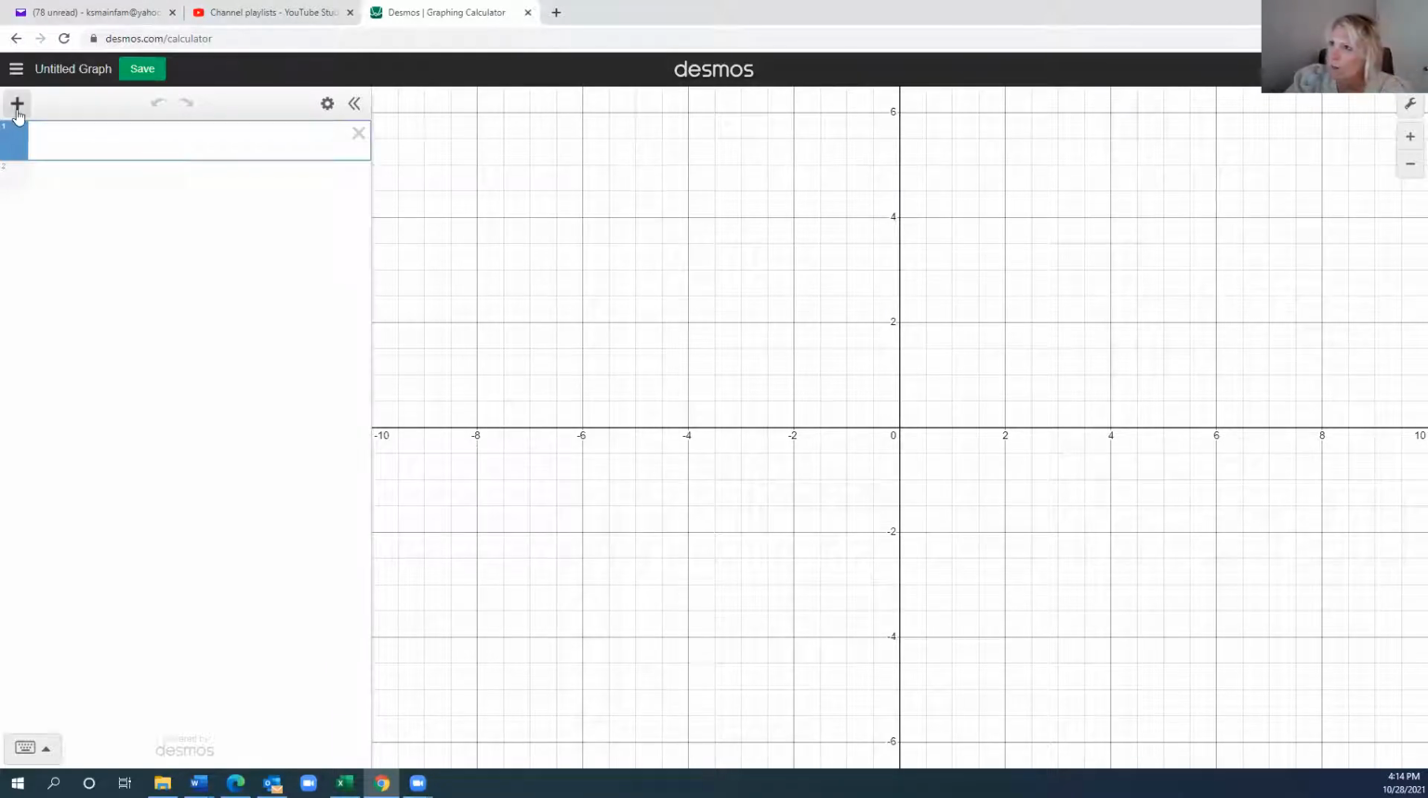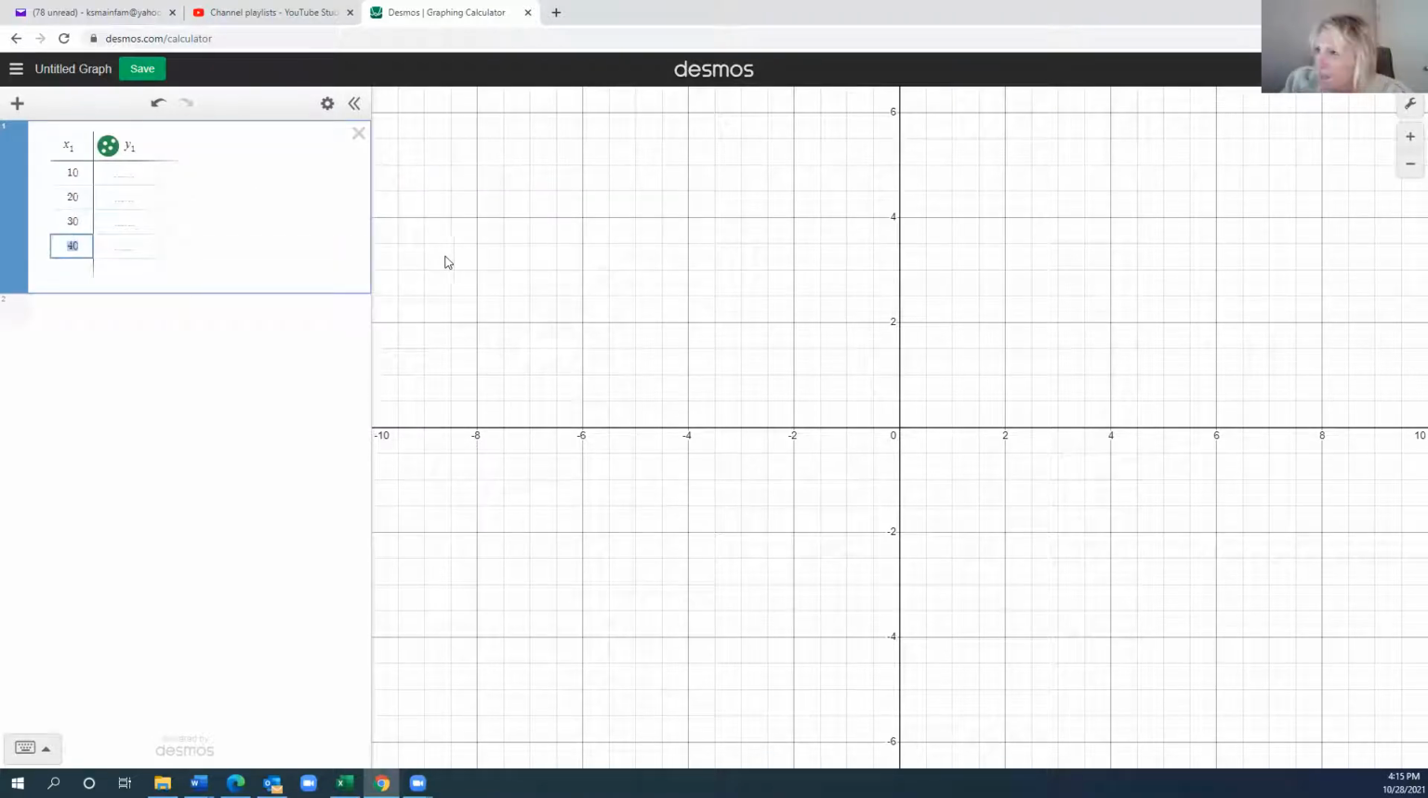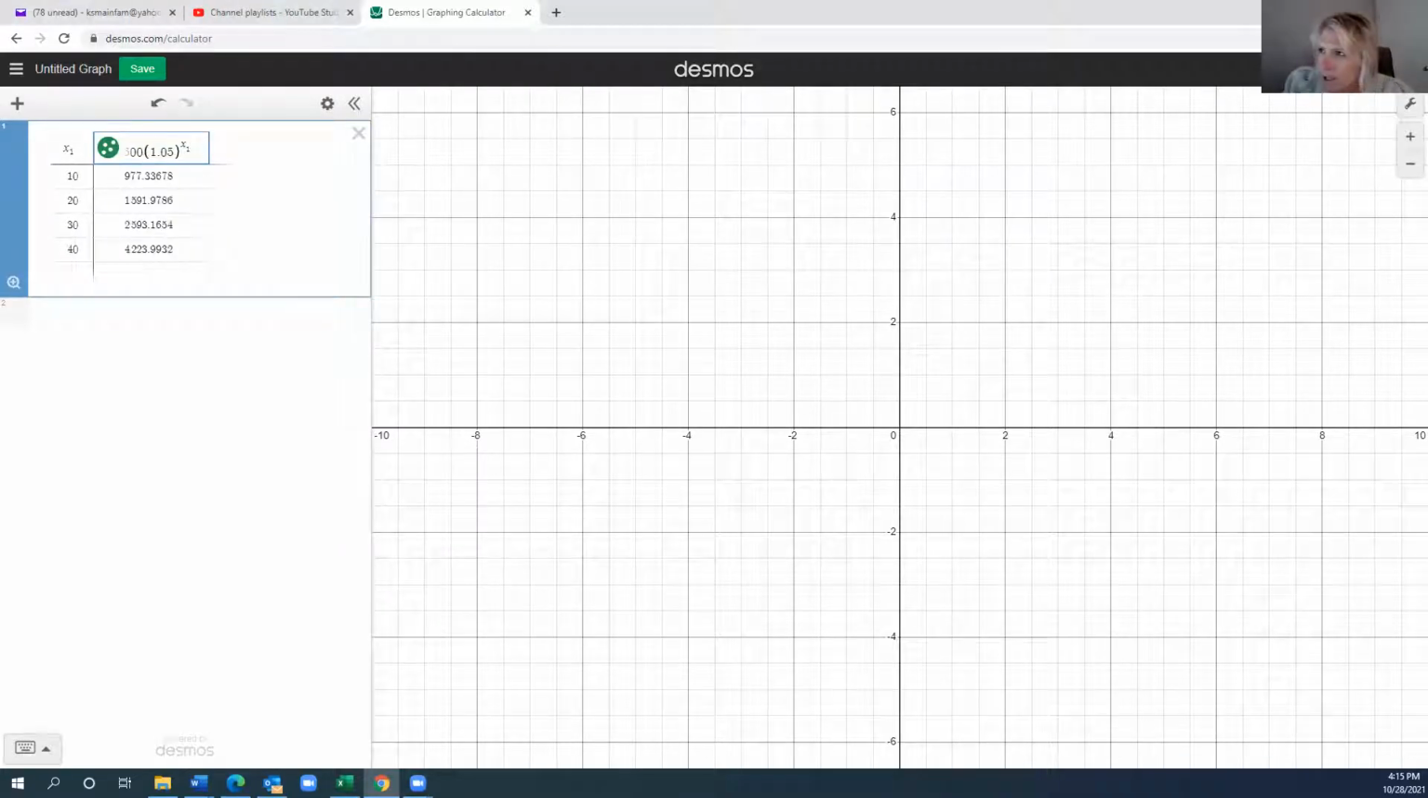We're going to make a table, and they said to do 10, 20, 30, and 40. And up here, instead of Y1, I'm going to give it the expression for the future value that we just said. So I'm going to say $600 parentheses 1.05 parentheses to the X1. So I want to use the inputs right here of 10, 20, 30, and 40 in my exponent. And so after 10 years, we should have